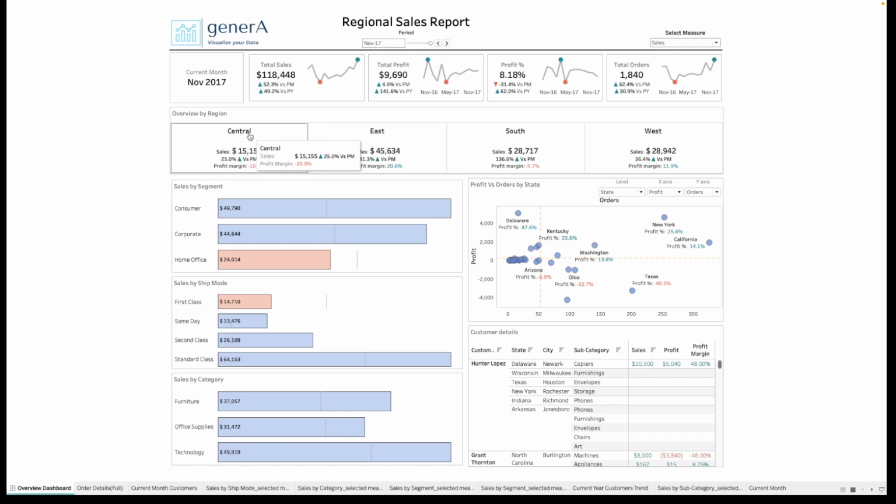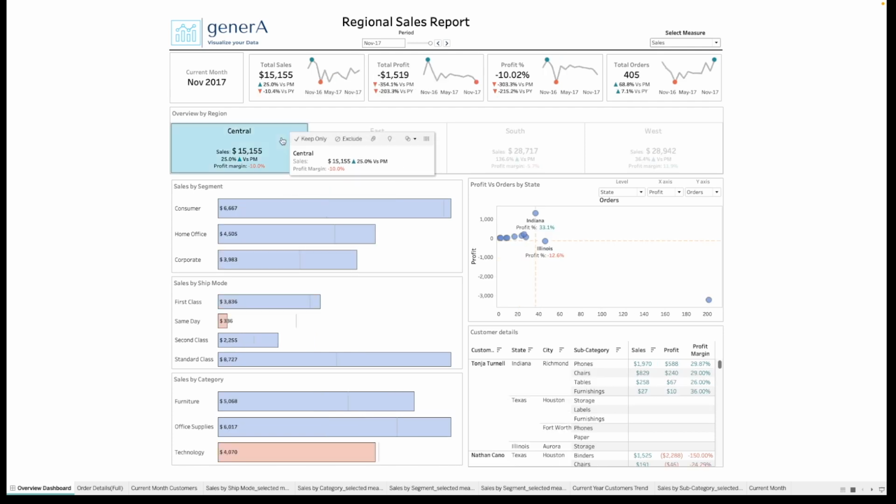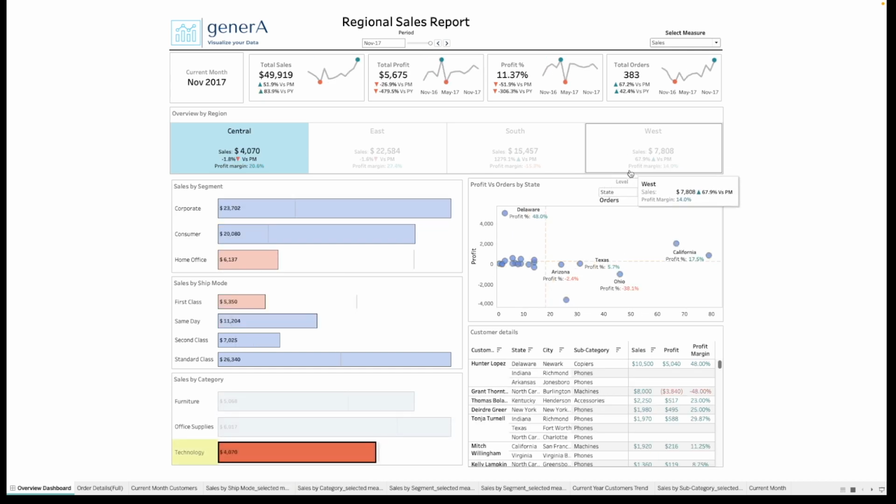I can see in the month of November, the central region is having a negative profit margin percentage, right? So if I select this central region, I can see which particular stratification is good and which particular stratification is bad. Now if I see sales by category, the sales is $4,000, which is almost 2% less than the previous month. And if I select technology, I can see which are the states